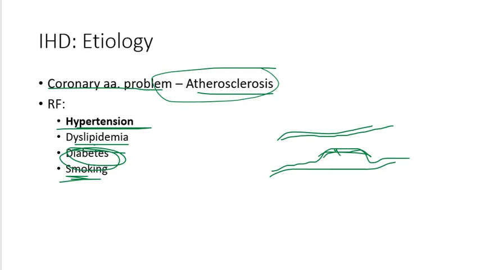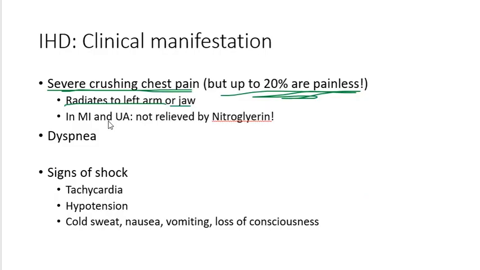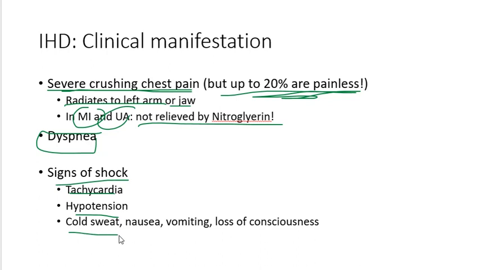Diabetes, likewise, may affect the sensory nerves going to the heart, so that you could possibly have a myocardial infarction and not even notice it. You'd have the rest of the symptoms, but you might not feel the chest pain. So the severe crushing pain, pain radiates to the left arm or to the jaw. In myocardial infarction and unstable angina, it is not relieved by nitroglycerin. Other signs and symptoms include dyspnea and signs of shock. So you have tachycardia, hypotension, a cold sweat, nausea, vomiting, and loss of consciousness. All of these are possible. So these are clinical features of